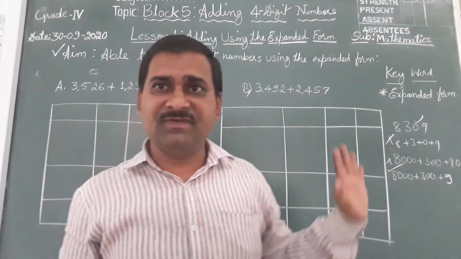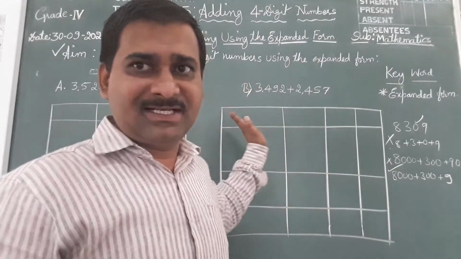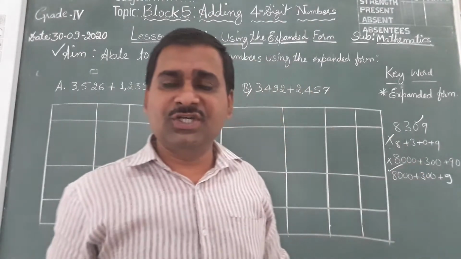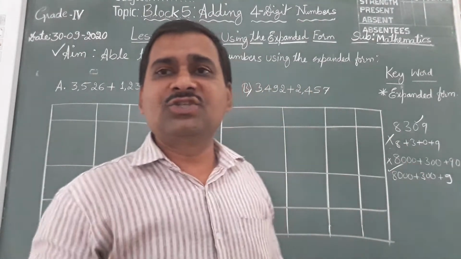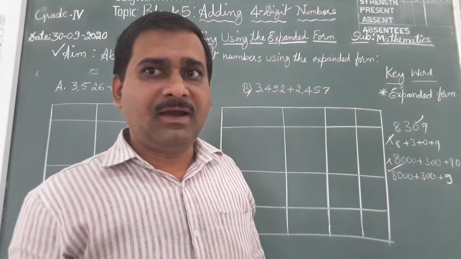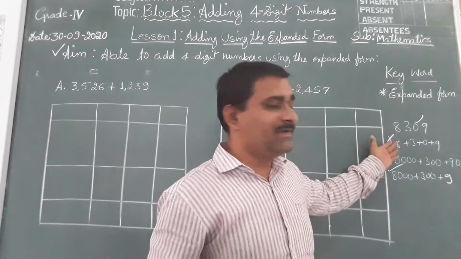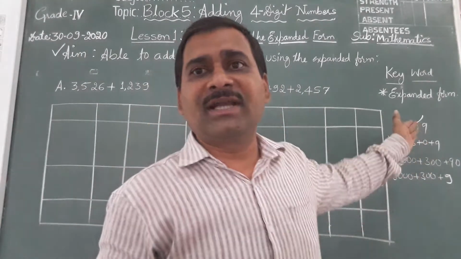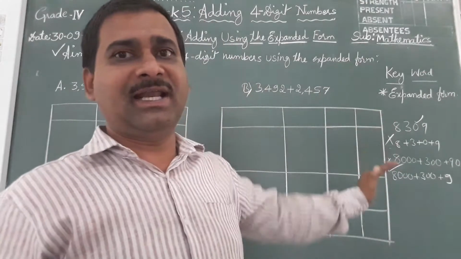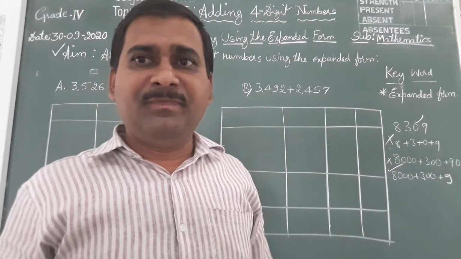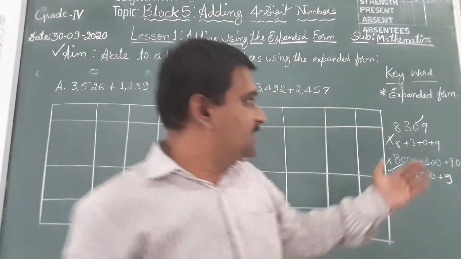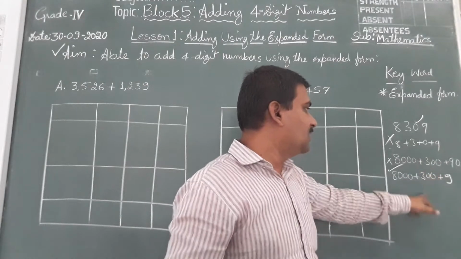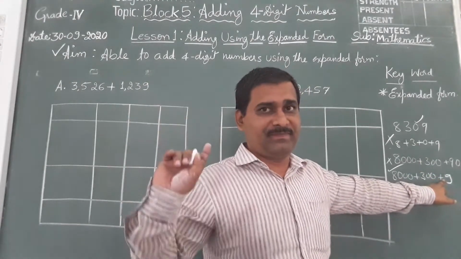In the practice questions of lesson number 1, some expansions are given to you and you are asked whether they are true or false. And sometimes one number is given with 3 answers, and you are asked to tick mark which is correct among these 3. Just to confuse you, 0 will be given in the number. Where you get the 0, that number you should skip.